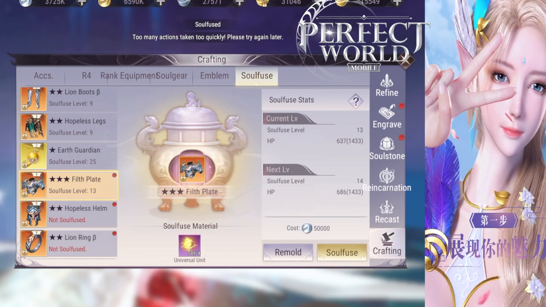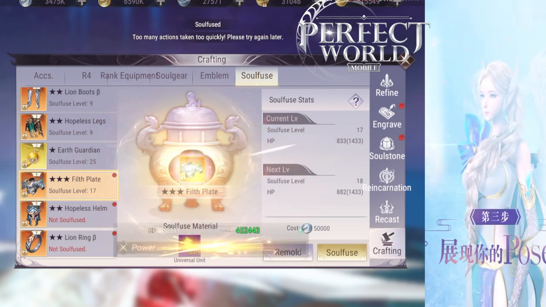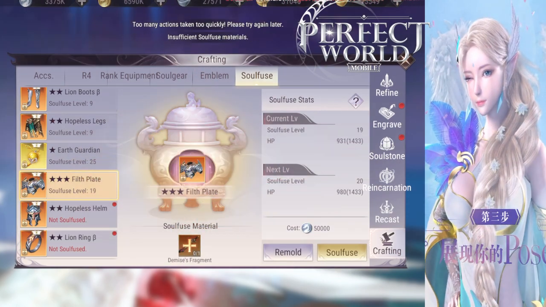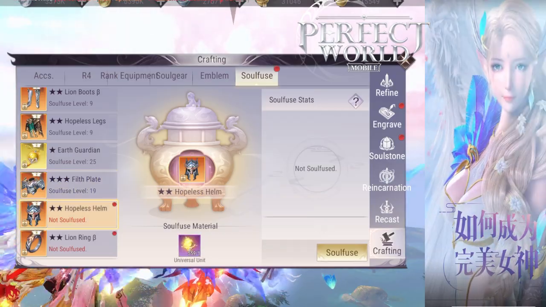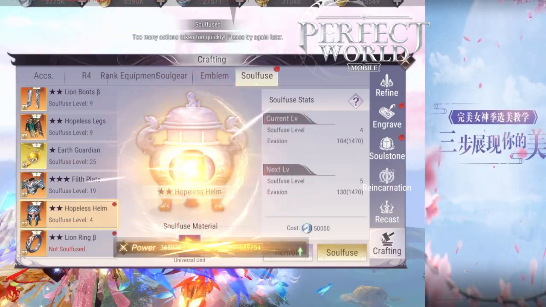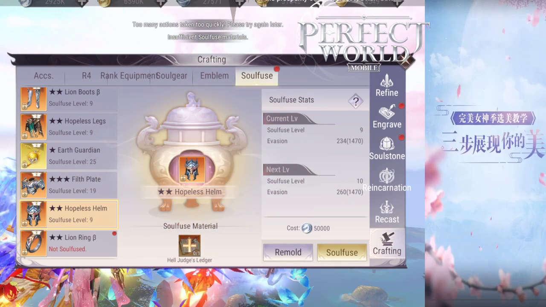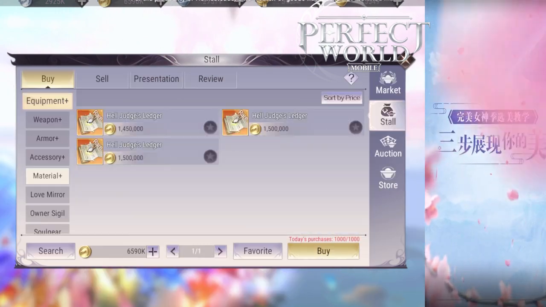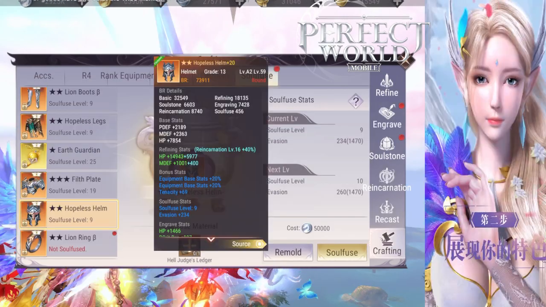So if you can get to level 40 soul fuse, you're pretty good already. You don't have to get maximum level yellow gears in order to get to like level 60 soul fuse. If you can get to level 30, level 40, that's already pretty good. And you're going to run out of